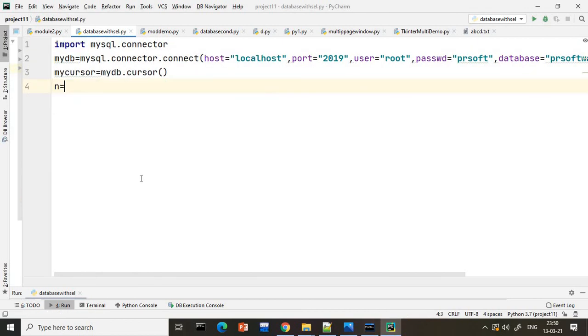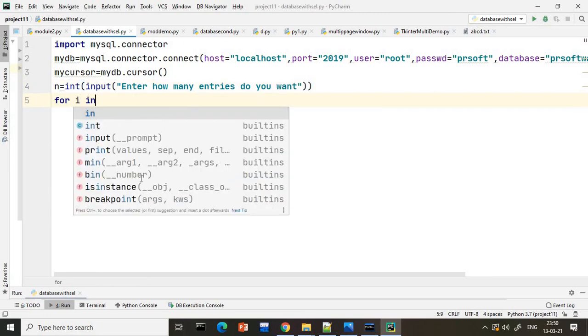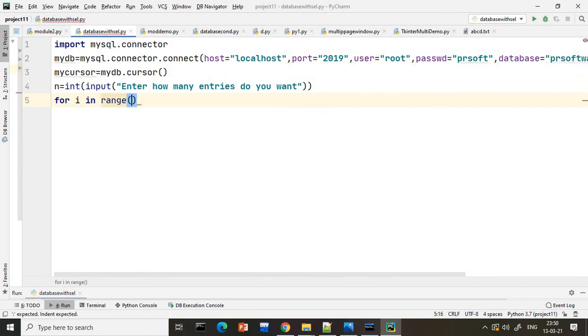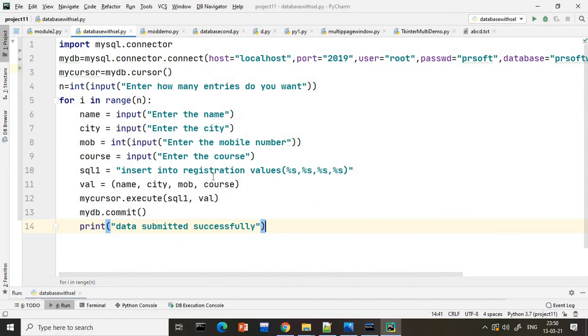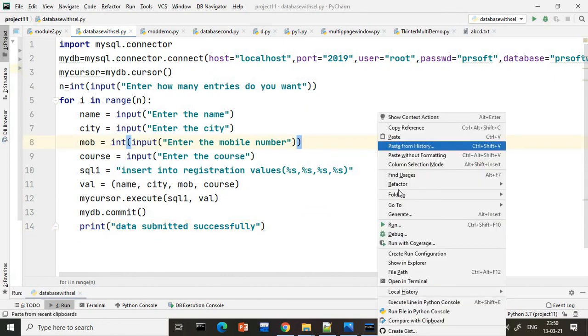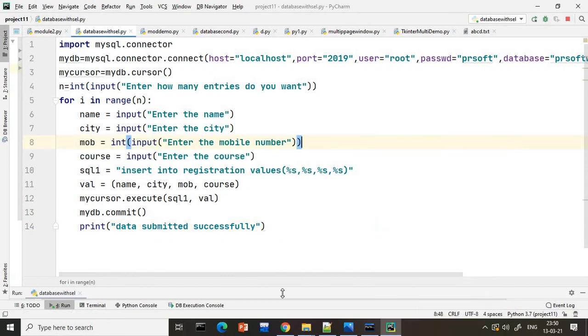I will ask n is equals to int of input, enter how many entries do you want. Suppose the user says 5 or 10, that many times my for loop will repeat. So let us say user said 10 times, so my loop will repeat 10 times and this entire code will come inside the loop. Now you can cross check it, run the file.